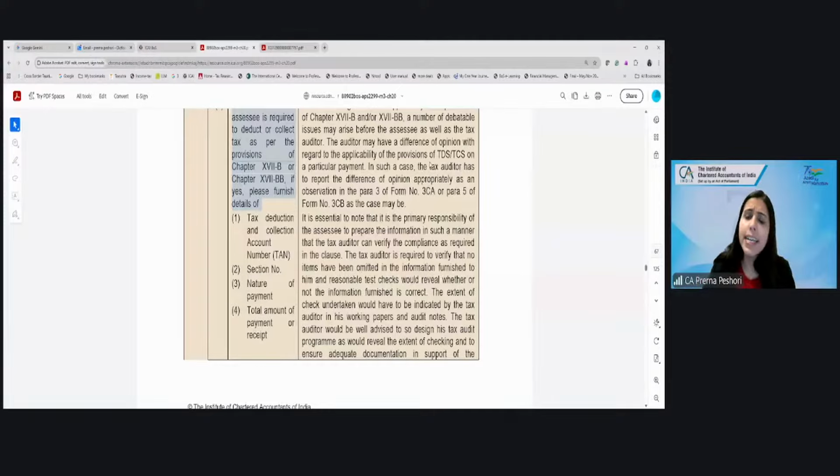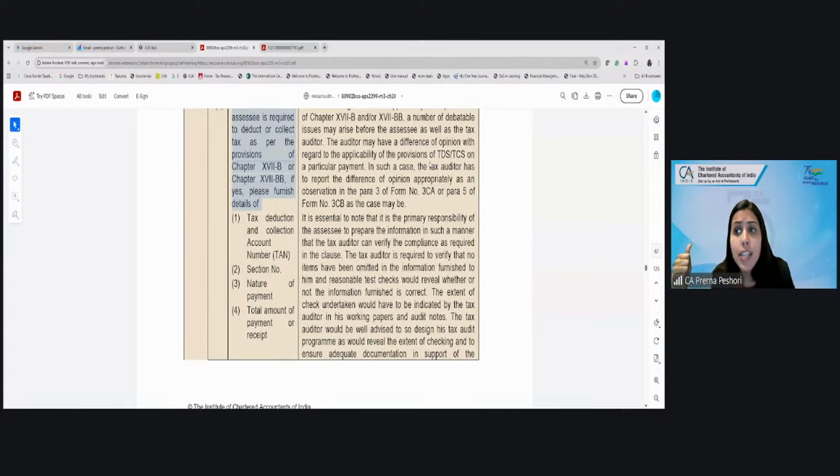No. So basically he has to see all the payments made to various parties. He has to not only see the expenses debited to P&L, he should also see the payments made to various parties, because if an advance payment is made, that is also liable to TDS, right? Because the TDS is on credit or payment, whichever is earlier. So you don't only need to check the expenses in P&L, you should also check all the payments which are made, whether they are subject to TDS.